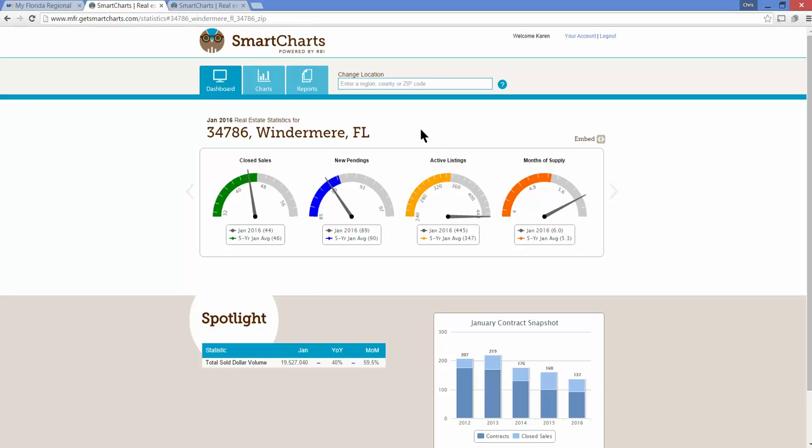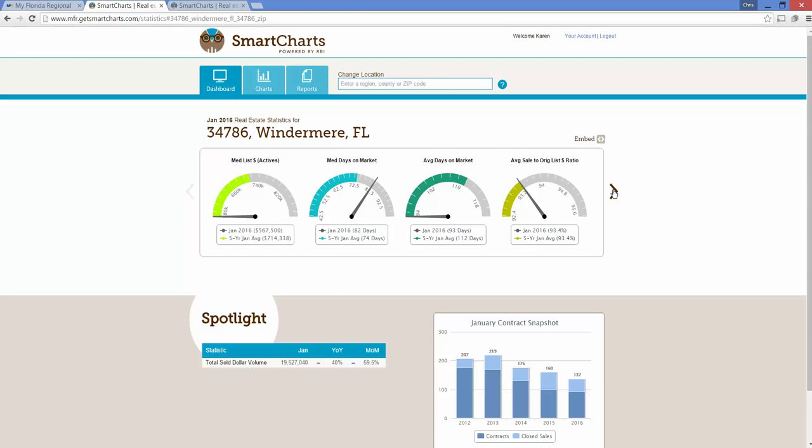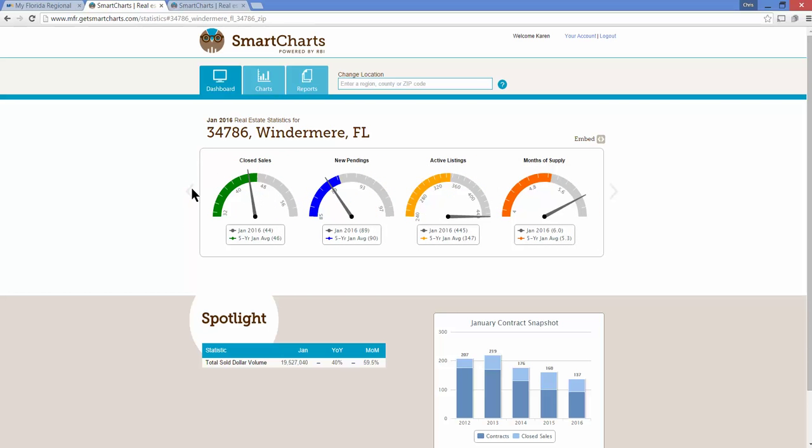So first of all, this top section over here, I have my gauges. The gauges give me a very quick view to answer that question on how the market is doing, for me to see the big picture. And I have a variety of gauges. I can click this arrow to go to all sorts of gauges on all sorts of stats. But when I first see this initial view, I have the big four. And the reason why I say these are the big four is because this is really giving me that snapshot of supply